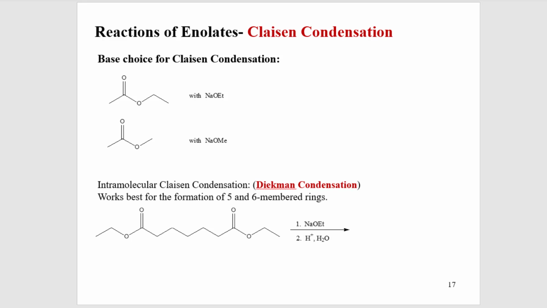Notice the base I chose to use. Typically in these reactions, since we're not worried about kinetic versus thermodynamic, we tend to use the thermodynamic type bases. On top of that, in order to avoid nucleophilic reactions, well, we're not really avoiding them, but if they are occurring, we're not seeing them. Here's why. Notice that I try and match the ester to the type of base